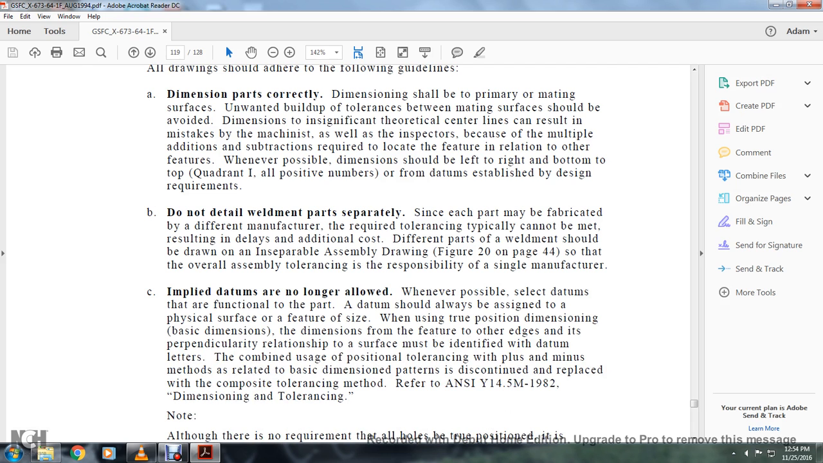Whenever possible, select datums for typical functional parts. The datum should always be assigned to the physical feature, surface, or feature of size, using the true position of dimension, basic dimensions, the dimensions of the feature, and other edges of the perpendicular relationship surface identified with the datum. Letters combined using the positional tolerance and plus or minus methods related with the basic dimension patterns, and continue replacing the composite tolerance method, refer to ASME